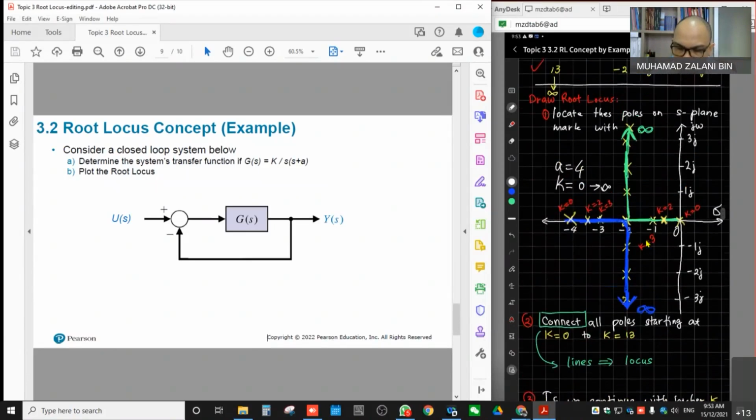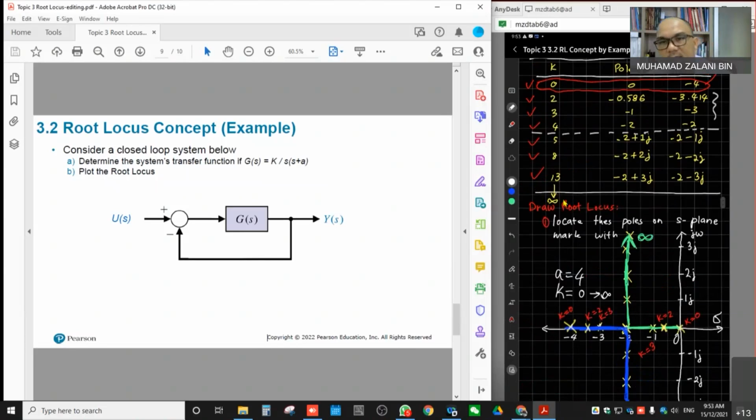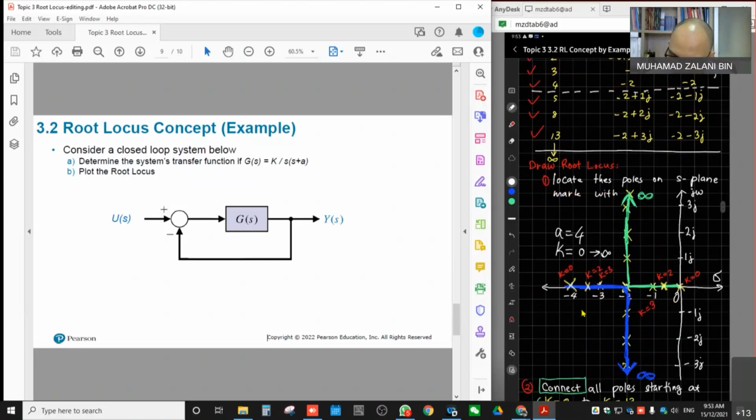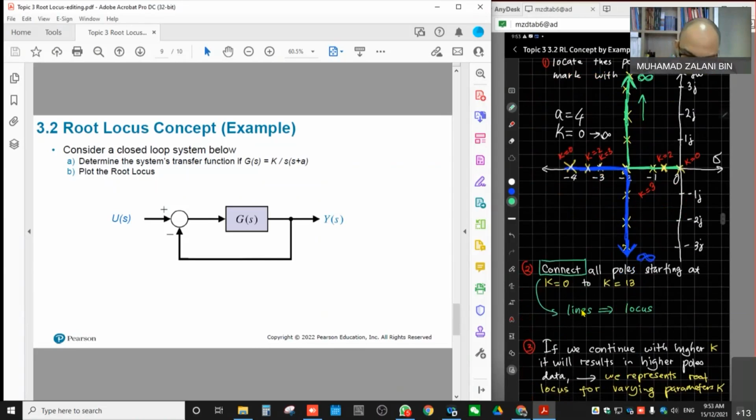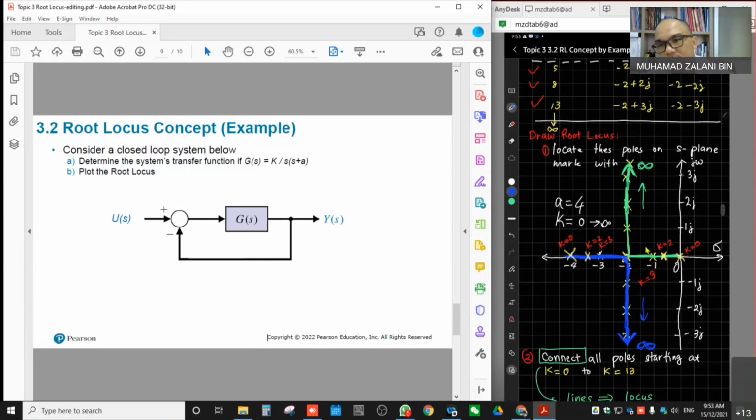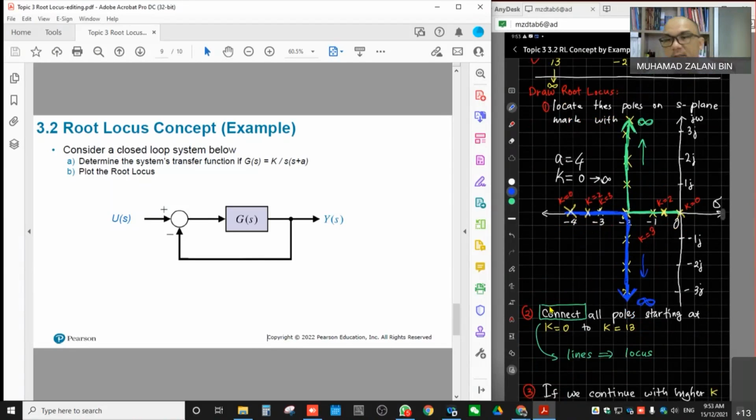Okay, if we keep varying the value of K, as I have just mentioned, if we keep substituting the value of K until infinity, then we can expect that the root locus is moving toward infinity. Okay, for the first locus, it starts from 0, it will turn and move toward infinity. For the bottom, the blue one also, it starts from -4,